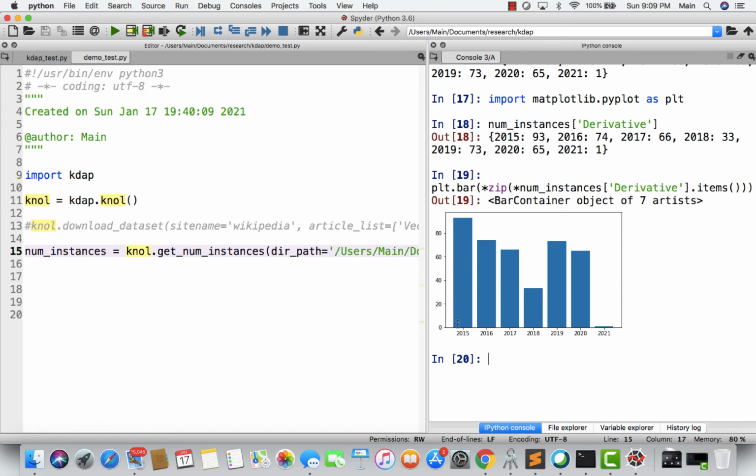I don't know when the article got created, so let us assume that it got created in 2015, and that during that time there were a lot of revisions, and gradually there is a decrease, right? But in 2019 and 20 something happened, and maybe the number of revisions increased. Maybe some event happened. Maybe they came up with new methods to find derivatives. I don't know. So this is a very basic thing which we can see through a plot.